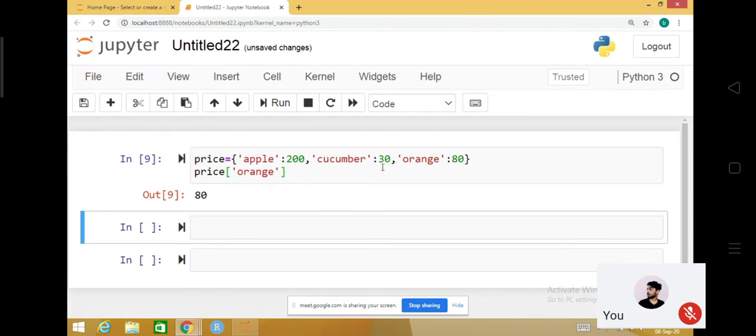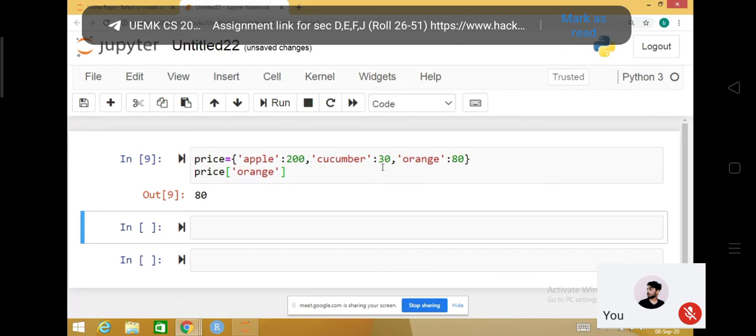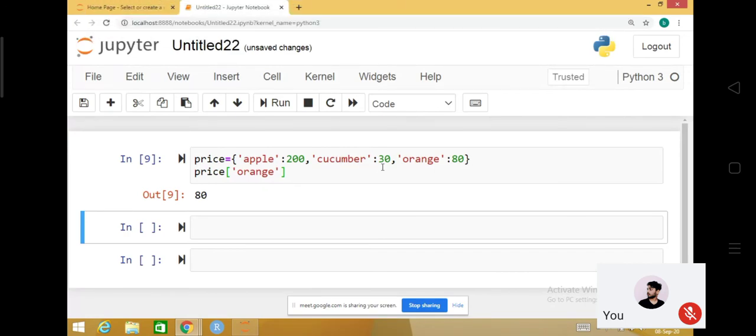Fine. So now if there are numbers only, then you can perform the max operation, mean operation, sum, that is the summation operation.